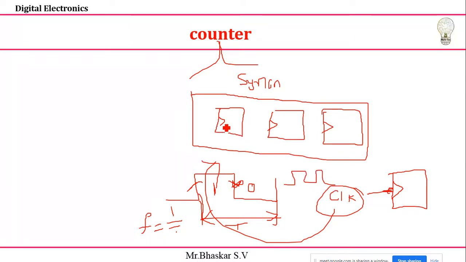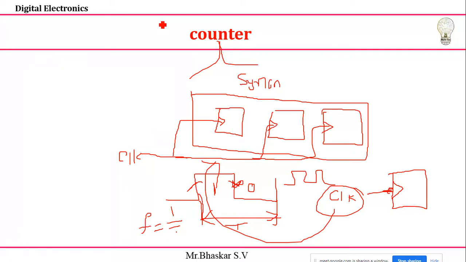That's why generally all the clock signals, maybe positive edge or negative edge, depending upon the application and the condition, we connect to my clock signal. In any circuit, if you connect a common clock signal to all the flip-flops, then that type of circuit is called a synchronous circuit, and these counters we call synchronous counters. So in a synchronous counter, the clock signal is the same for all. You should remember this.